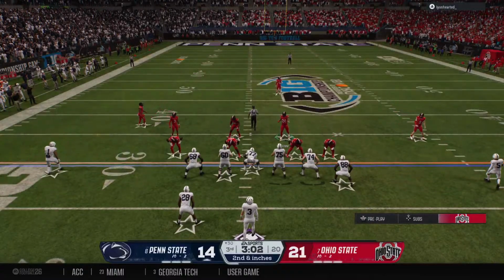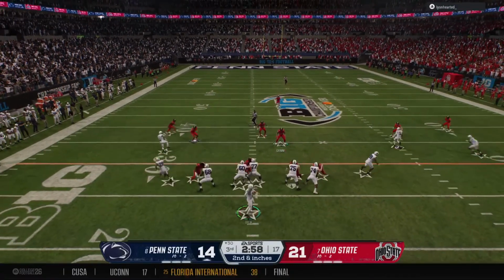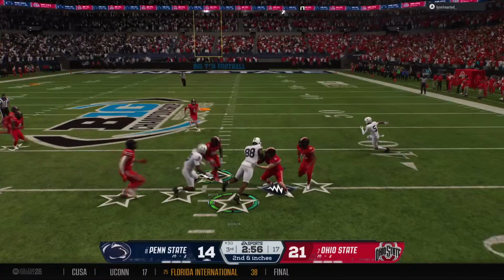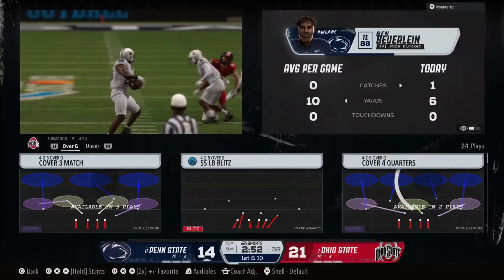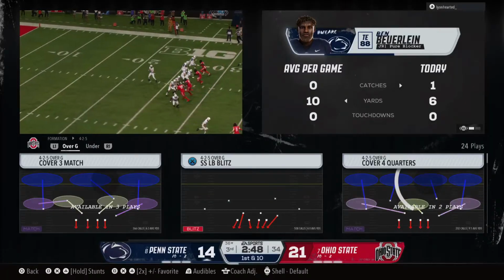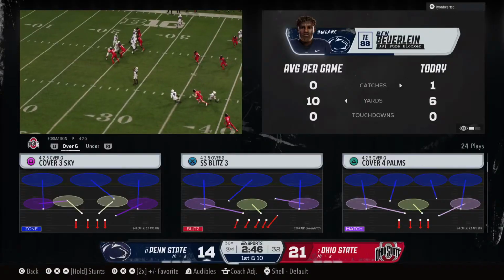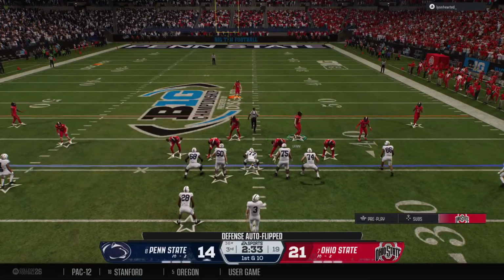It looks like it'll bring 2nd and inches, but that sure does open up the playbook here, to be able to open up, maybe take a shot downfield. Finds that big tight end for a short pass. And he's tackled, but only after picking up a first down. And here the tight end shows off his hands for a nice gain. Love to see the big man get his touches. Fresh set of downs for the offense. First down.